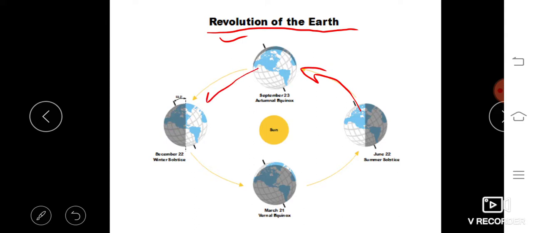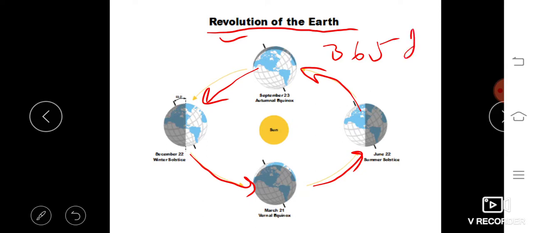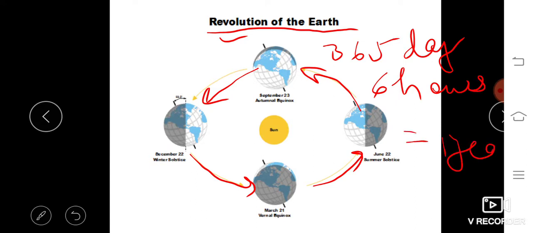Here the earth is moving around the sun. To complete a revolution, earth takes 365 days and 6 hours, and this is called 1 year. It means 1 year completed means the earth has completed one